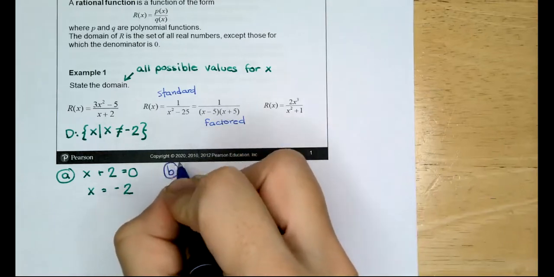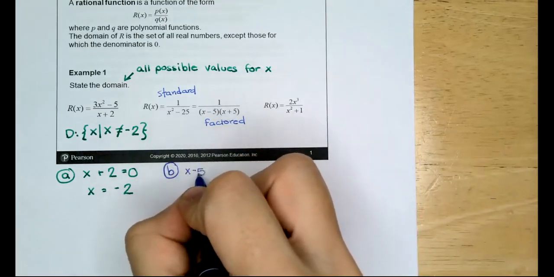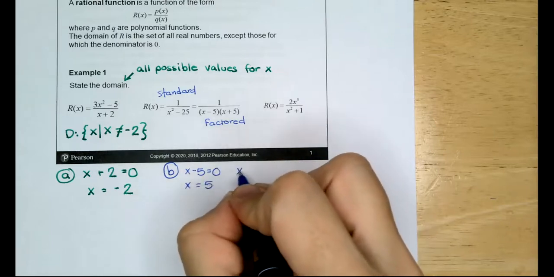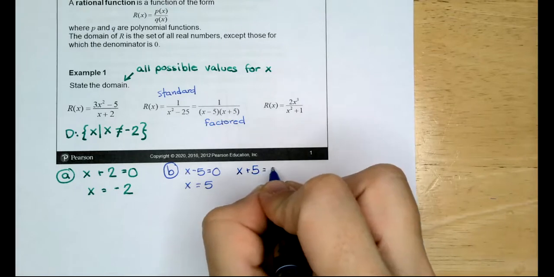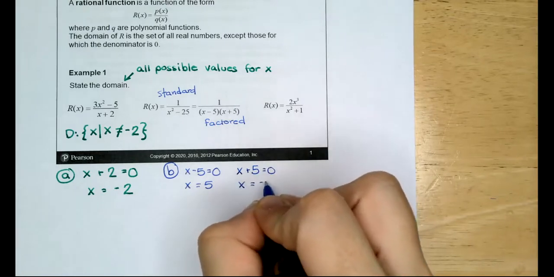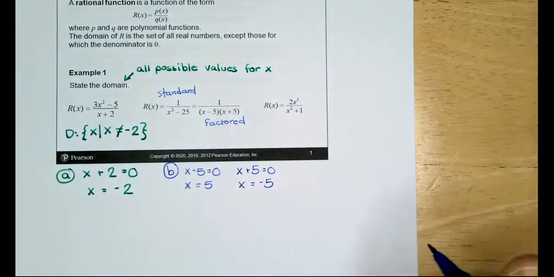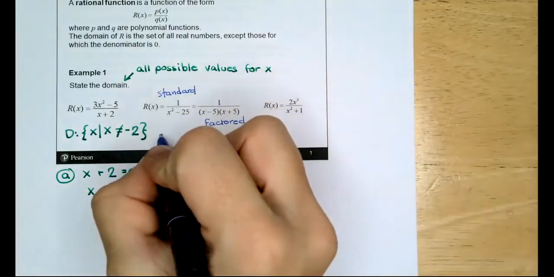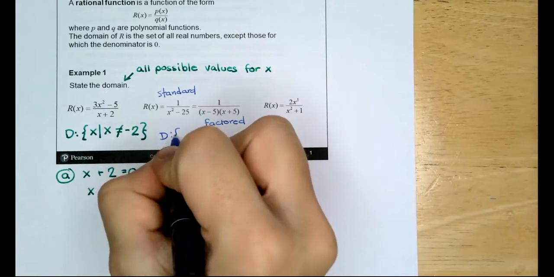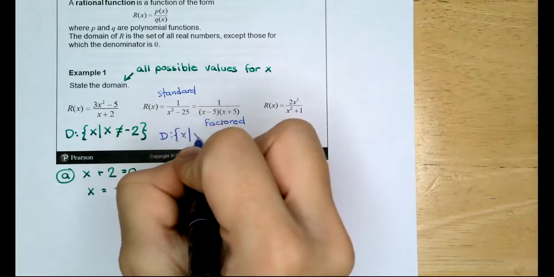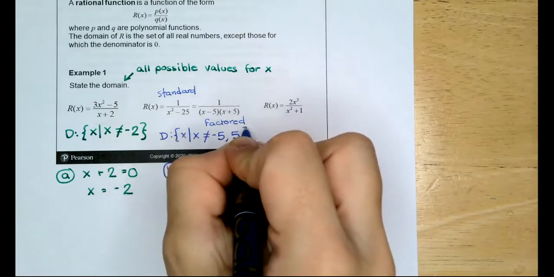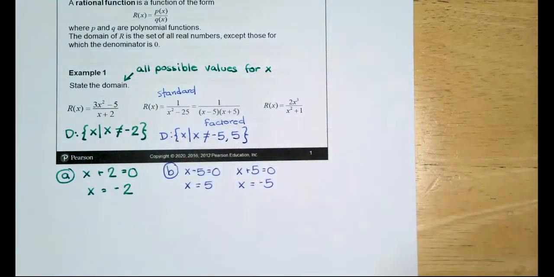So I'll call this one B. x minus 5 is 0 becomes x is positive 5, and x plus 5 is 0 means x would be -5. So the domain is anything where x cannot be -5 or 5. Values for x such that x cannot be -5 or +5 is our domain for this one. And then